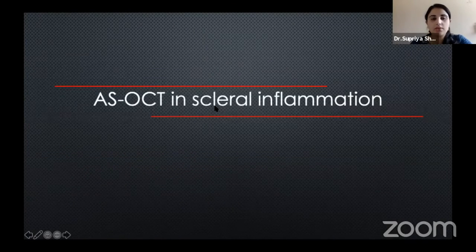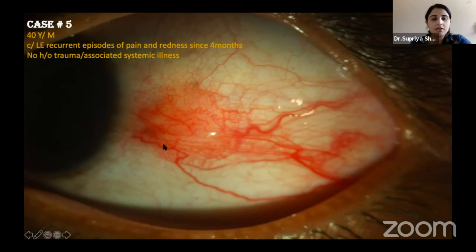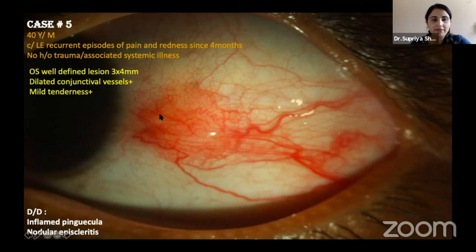Moving on to the uses of AS-OCT in scleral lesions, this clinical picture is of a 40-year-old male who presented with recurrent episodes of pain and redness in the left eye since 4 months. And as we see here, there's a well-defined lesion that had dilated superficial conjunctival vessels, and there was presence of mild tenderness. So the differential